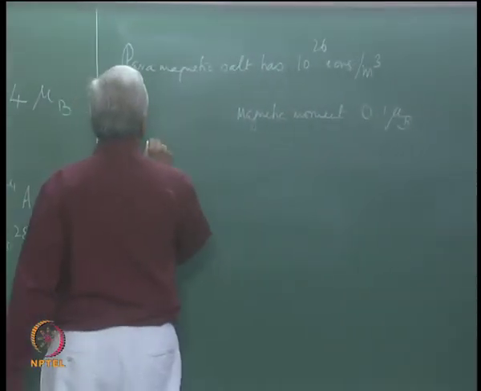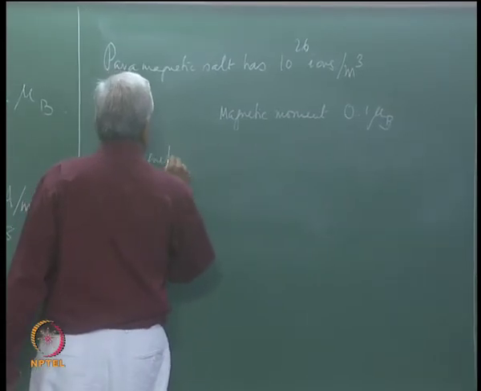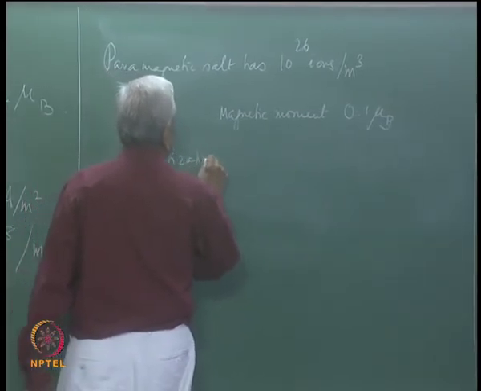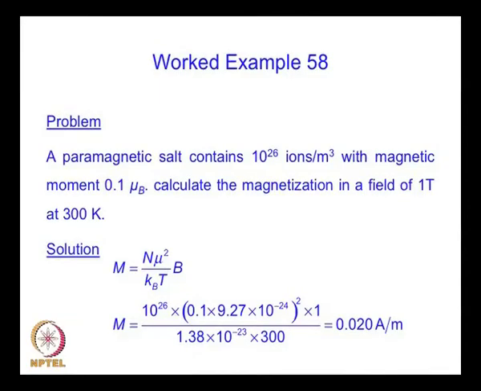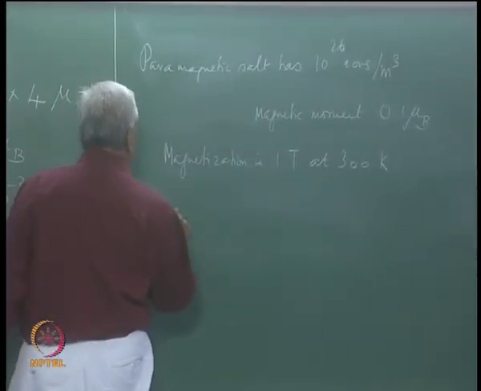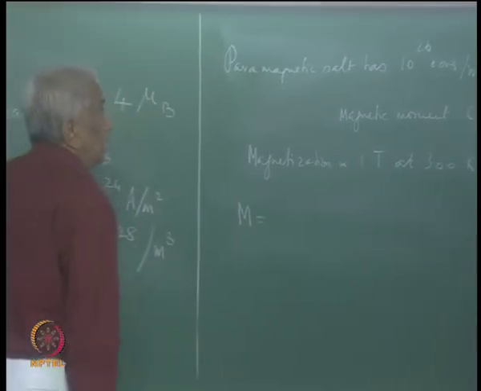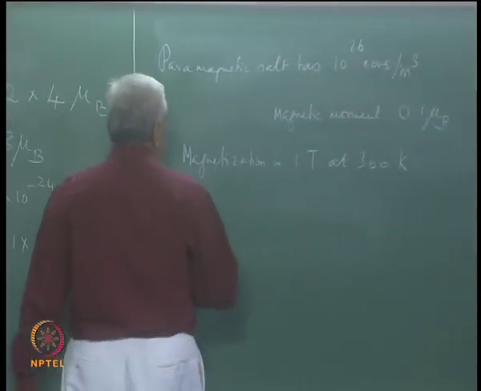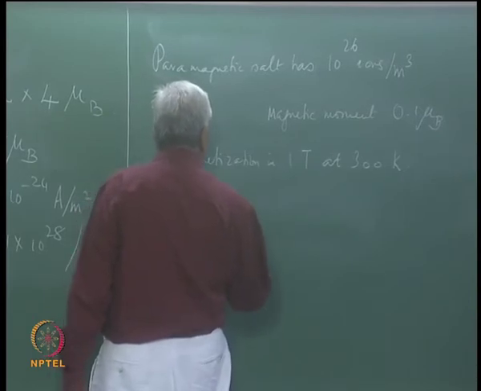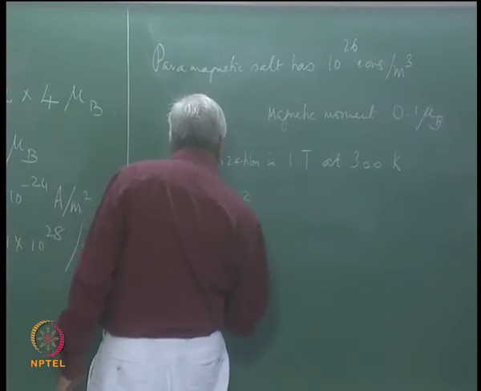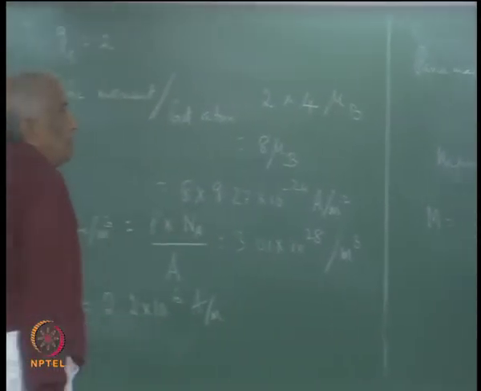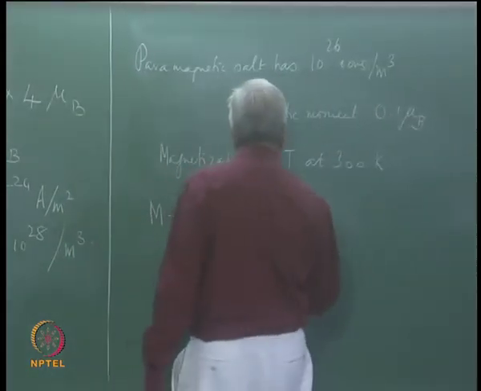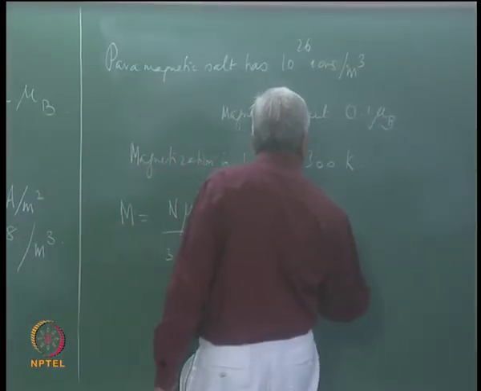So, we are asked to calculate the magnetization in a field of 1 Tesla at 300 Kelvin. Well, we know that the paramagnetic moment, if it is mu, then the magnetization is n mu square by 3 kBT times the applied magnetic field. So, substituting these values, we readily get the answer as